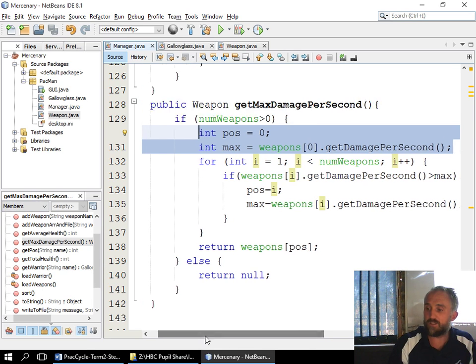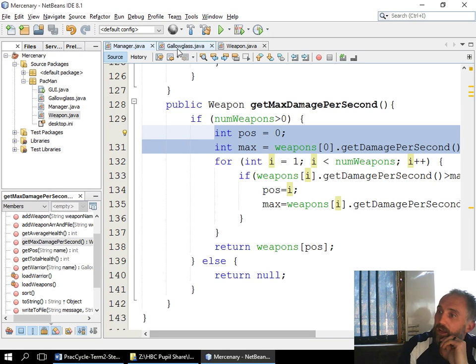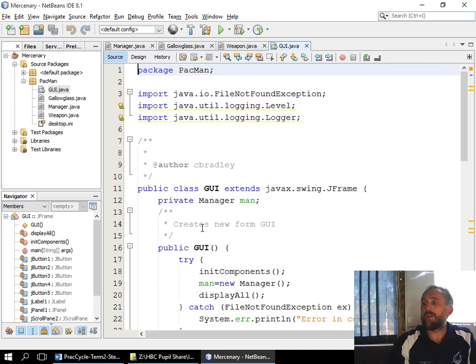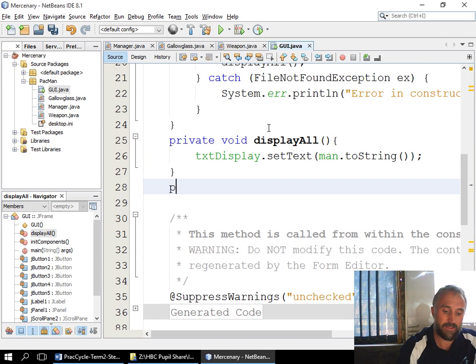Okay, now the last question that we move on to is the GUI, and we have 7 minutes to finish the GUI. It says there, sort button should be pressed and then run the sort display all. So I go into my GUI class. I'm going to make my life easier, personally. I prefer doing it this way. I'm going to create a method called